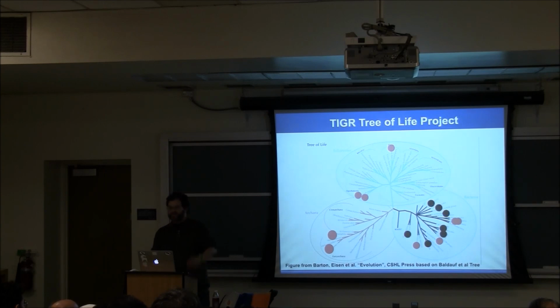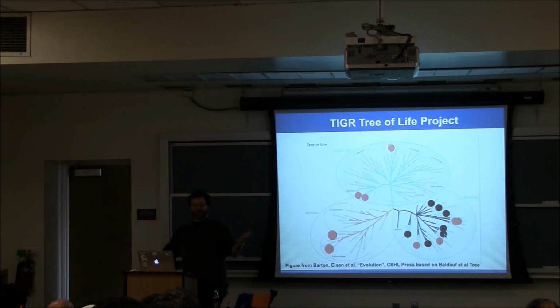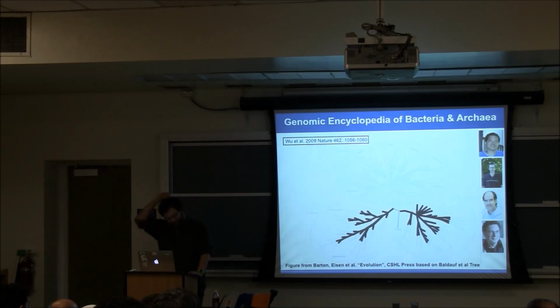We got a grant when I was at TIGR to fill in what we thought was the bacterial branch of the tree of life by doing a genome from each of the 8 phyla of bacteria for which there were cultured species and no genomes available. And we were proud of this project, sequencing the first representative of these 8 phyla, and we realized halfway through the project that this was nowhere near enough sampling of the diversity of life. One genome for a phylum that is probably 2.5 billion years of evolution is not particularly useful.